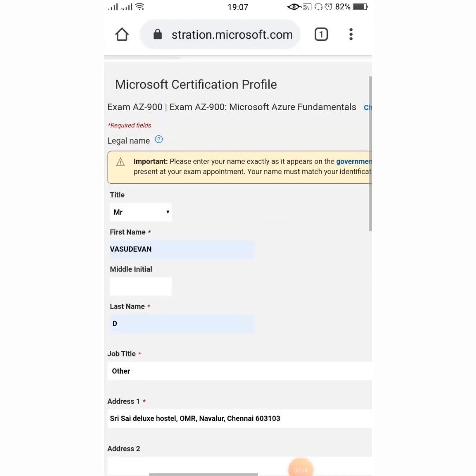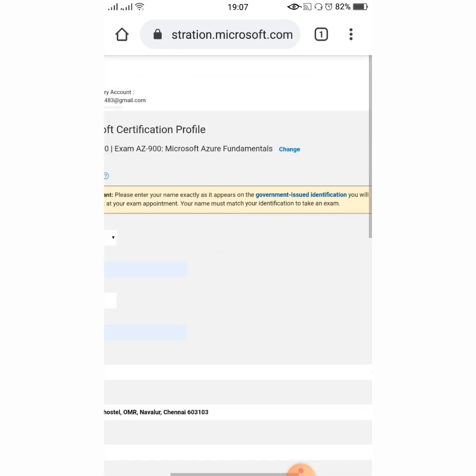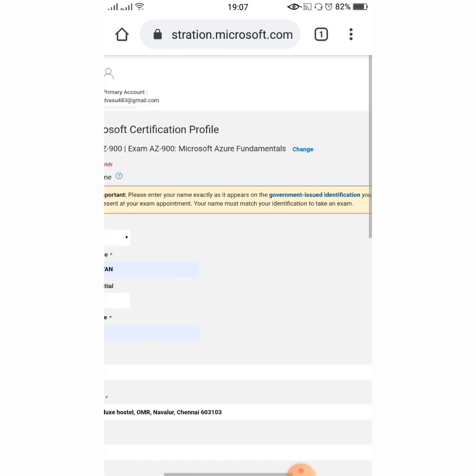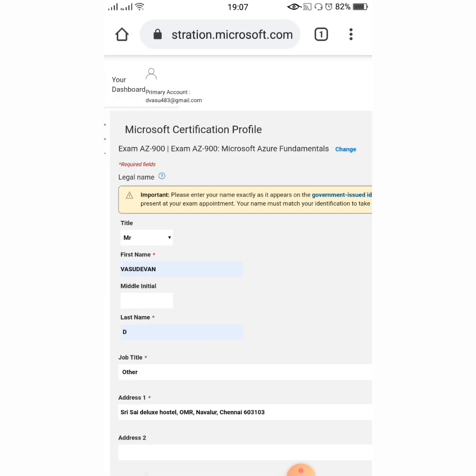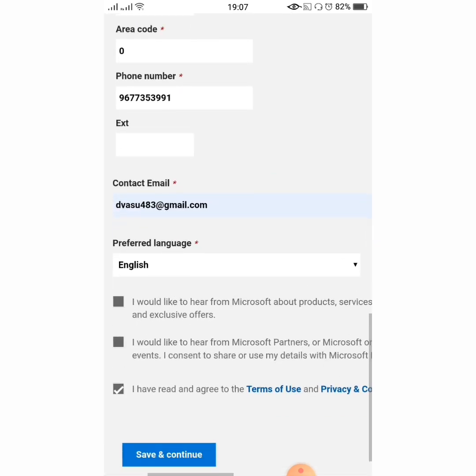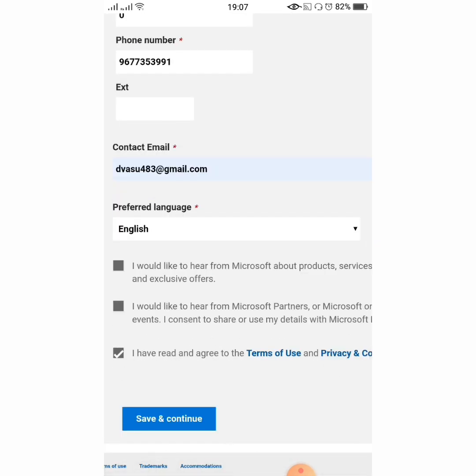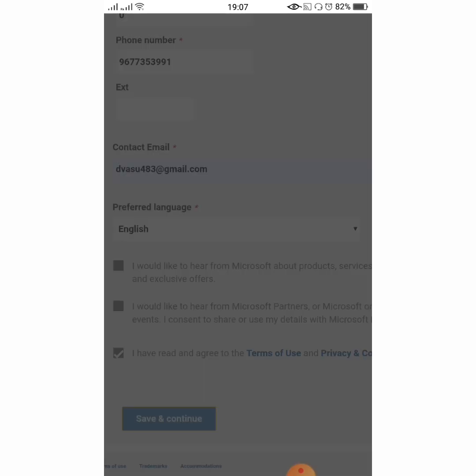In this, the thing to have in mind is that you are going to show a government issued identification, that can be your license or some other thing. Your name in that government proof and also here in this form should be same, otherwise you can't attend your exam. And then it will ask for area code after your country code and phone number. In area code you can just give 0, it is sufficient, and then save and continue. Just check your form after filling it, because it is very important.